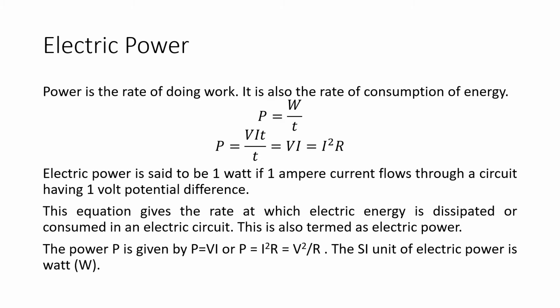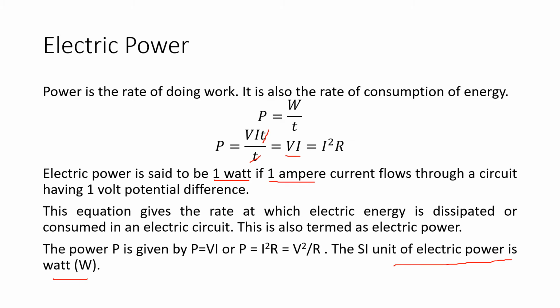So the formula is P is equal to W by T, the work done in unit time. Now previously we saw W is equal to VIT. So the T here gets cut off. So we are left with P is equal to VI or equal to I square R because V is equal to IR. So we have got three formulas for power also. P is equal to W by T or P is equal to VI or I square R. Now look at this, P is equal to VI, and define power. The SI unit of electric power is watt. So when is the power 1 watt?